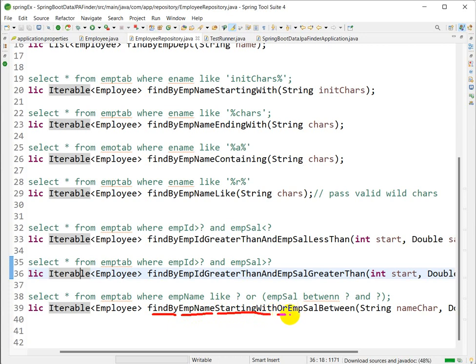using Or employee salary between. Now here we have to give the two values. So what will be the dialect? So dialect will create which query? Select star from table name, that is the emp tab, where the condition. So what will be the first condition? Employee name like. So employee name like, that is starting with, that means whatever the character we pass, that